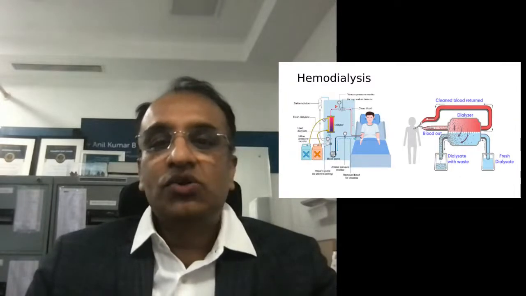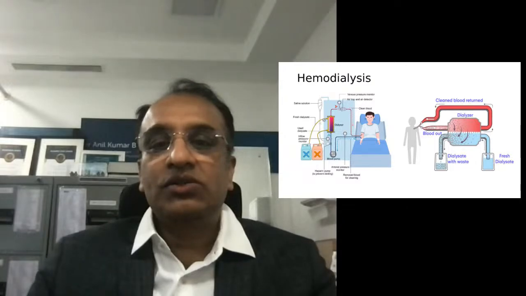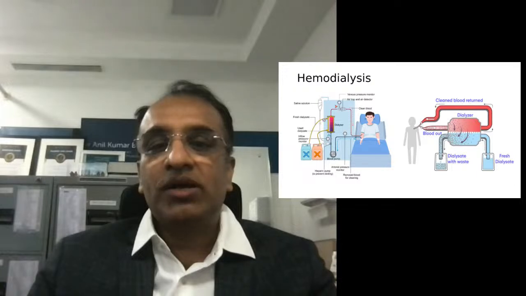So in hemodialysis, what exactly happens is, this is a patient lying on a bed in a dialysis room. The blood will go through this black line, and it is pumped by a blood pump to the filter. We call this filter a dialyzer, and the blood comes out of the filter and goes back to the body. In this filter, the dialysis fluid goes in the opposite direction. Blood goes in this direction, dialysate fluid